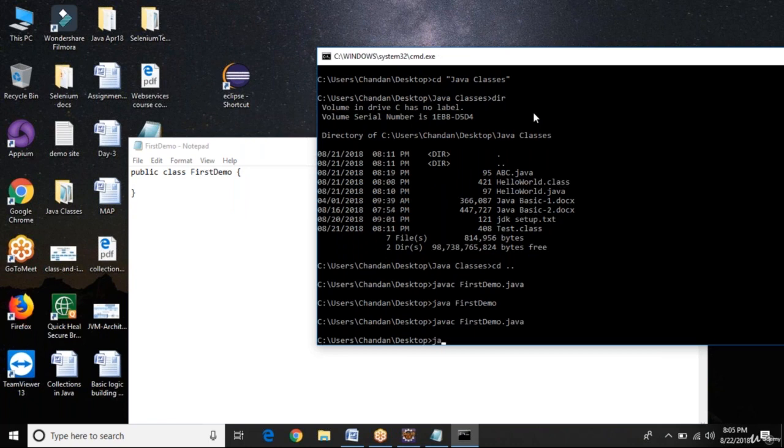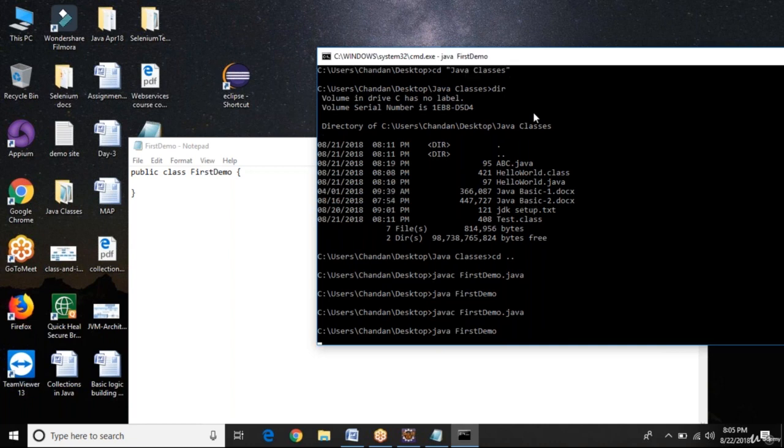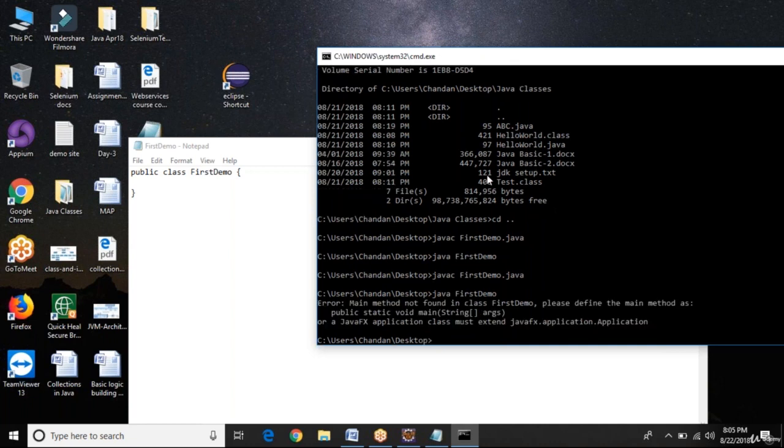But if I invoke java, we will get an exception: main method not found in class FirstDemo. Please define the main method. So we should have at least one main method.